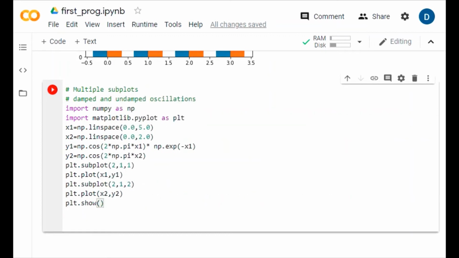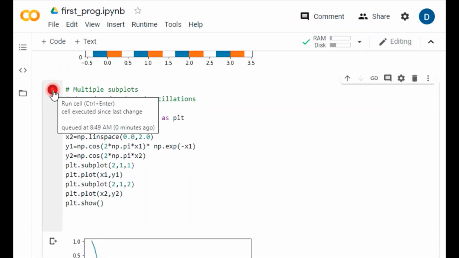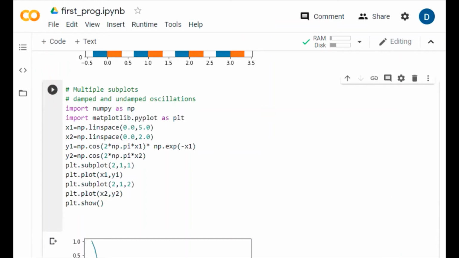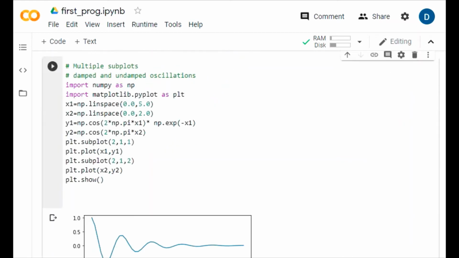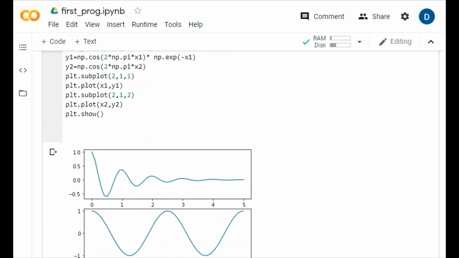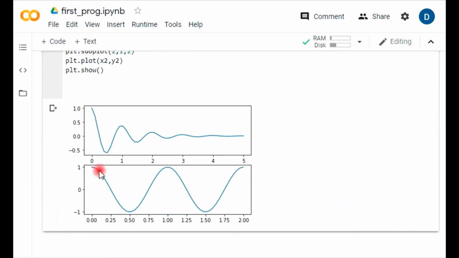That worked. Let's run this program and see what result we get. So ultimately, see here plot number 1 is showing a continuous decay, the continuous waveform of this one.